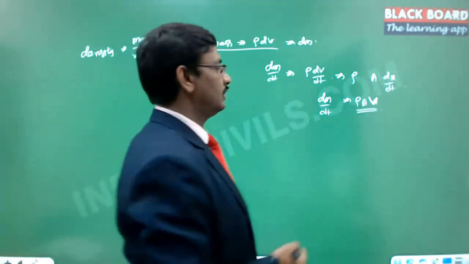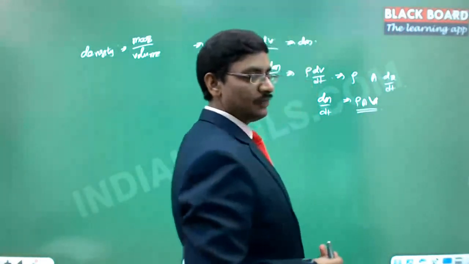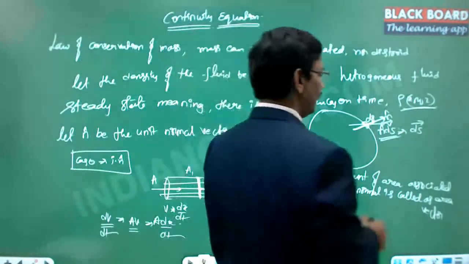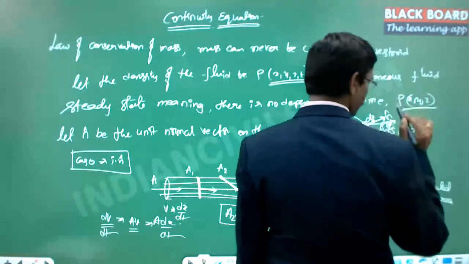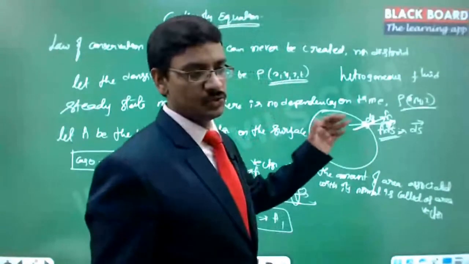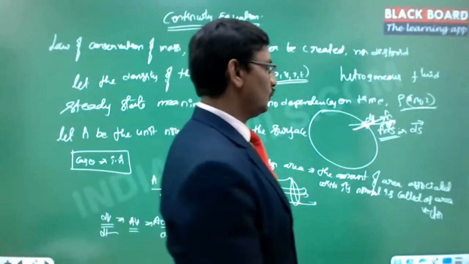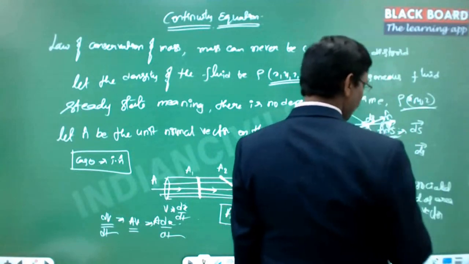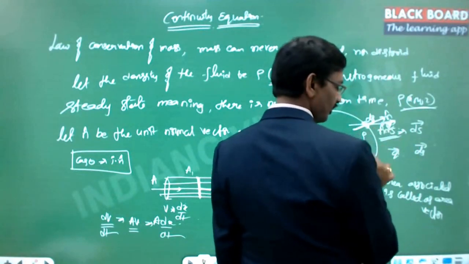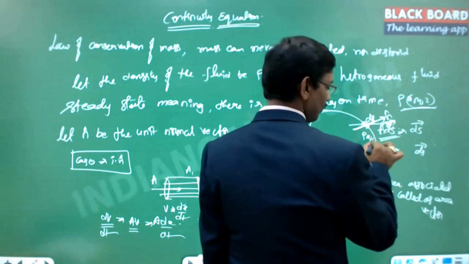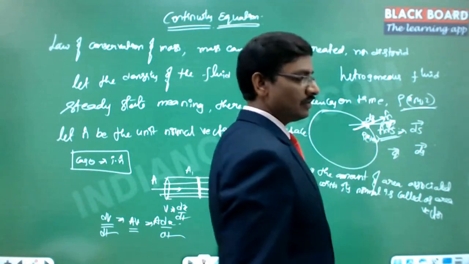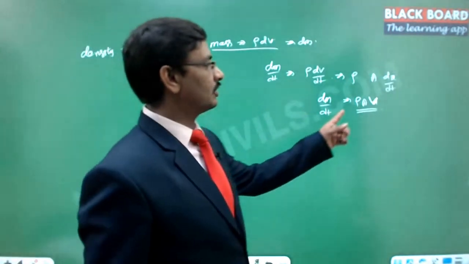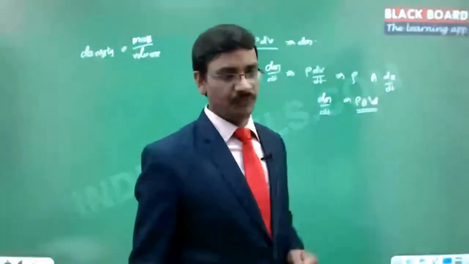Right? So here, in this particular closed surface, let us say it is traveling with a velocity of q, and the area of cross section is ds, which is a vector. Now q is a vector, and ds is also a vector, and the density of the fluid at this particular point is going to be a function of x, y, z. If you compare the same thing here, we were talking about rho into A into V.